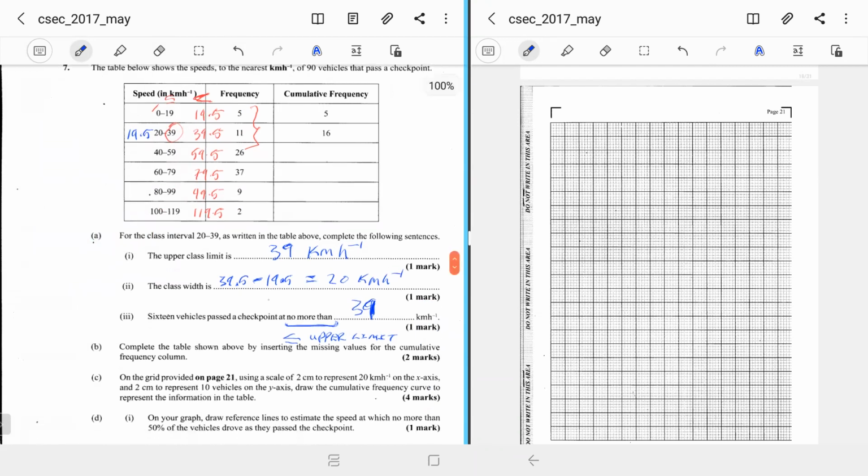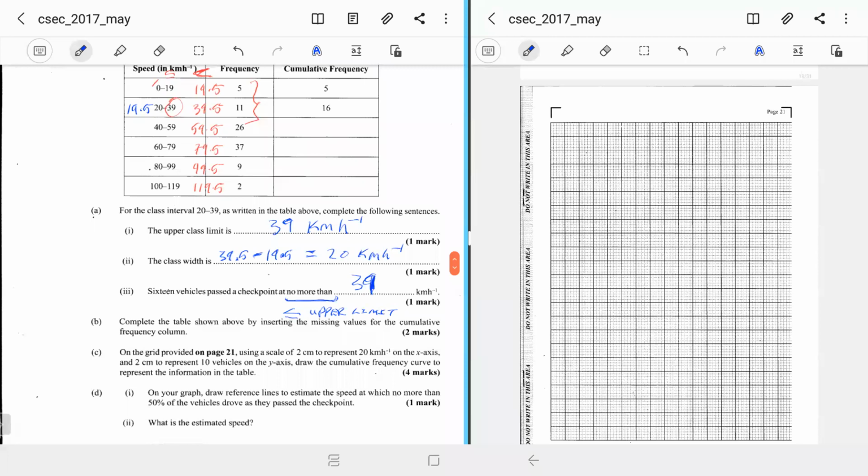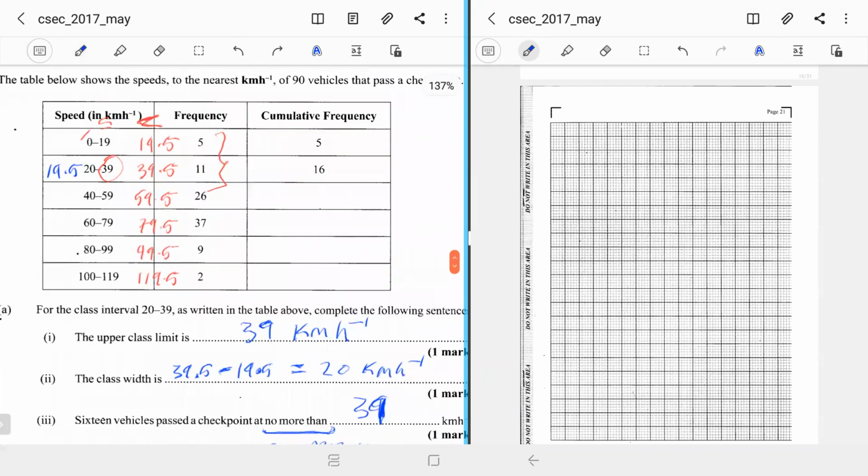All right, that's that. Then now it says complete the table shown by inserting the missing values in the cumulative frequency column. So basically adding up the number of cars. All right. So based on the question, it looks as if we'll be working with the upper boundary values, upper limit values. I'm going to take these out. Looks like we are doing less than or equal to. This is a less than or equal to question. Less than or equal to upper limit values we're using. All right. So over here, we're writing how many cars at speeds that were less than or equal to these upper limit values. So you add 26. You add 26 to this. This becomes